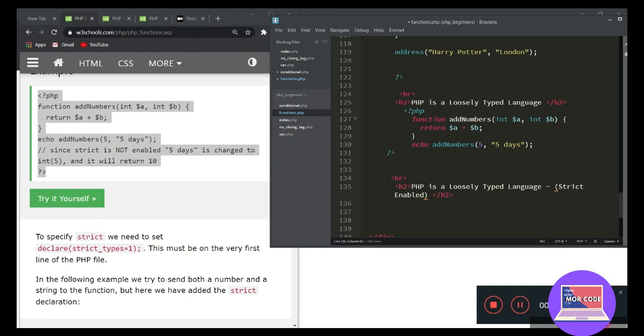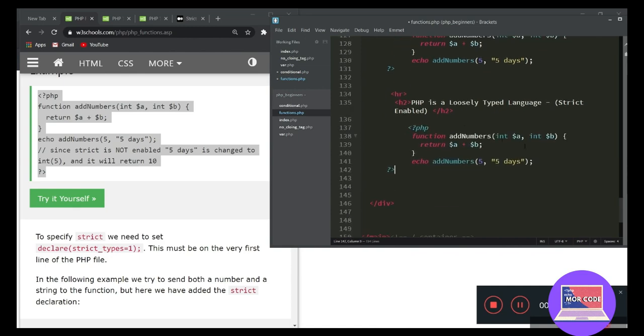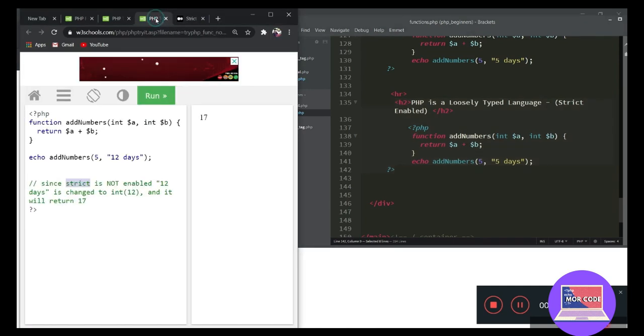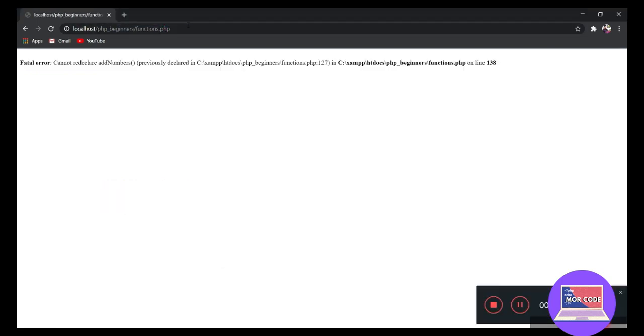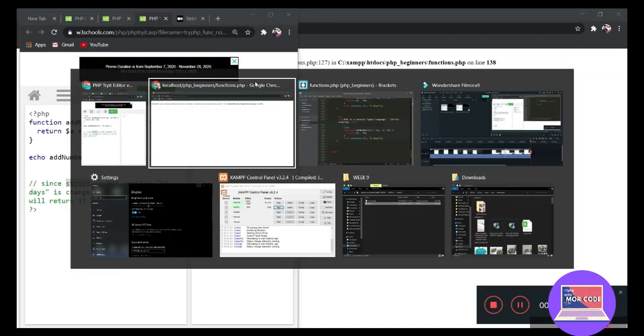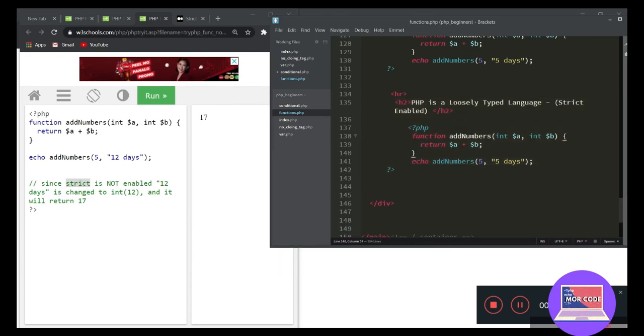Okay, so just copy this one, b and "5 days". So in this part here, it's going to produce an error. Okay, so let's try to run the code. Of course, everything will be an error. So let's change this into just 5. Save and